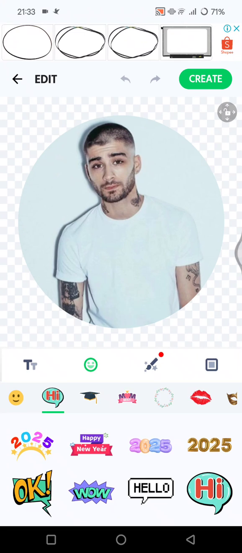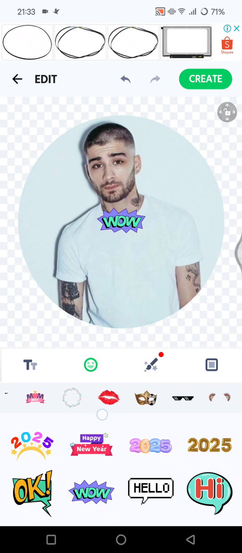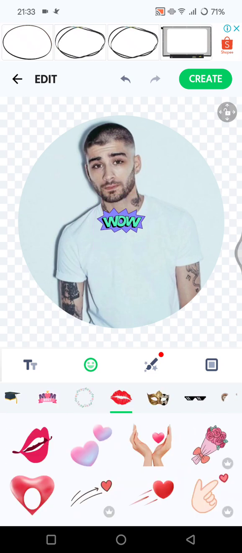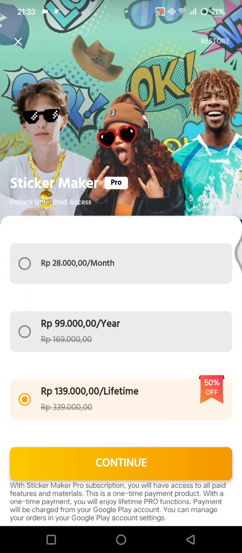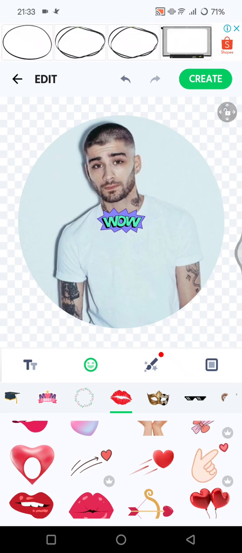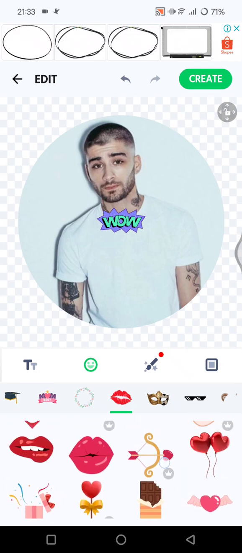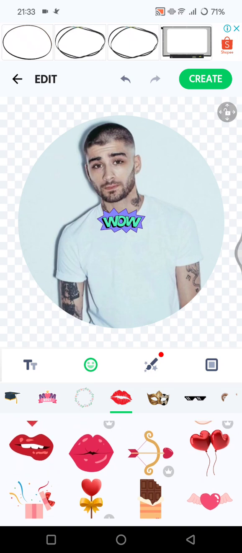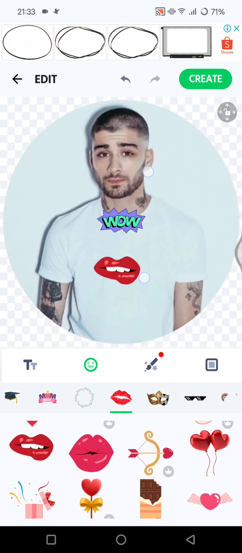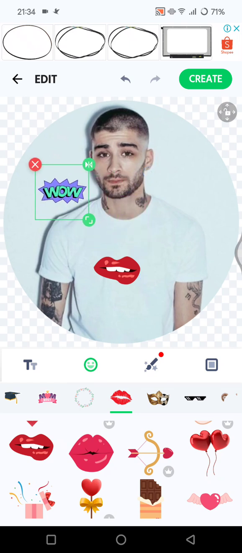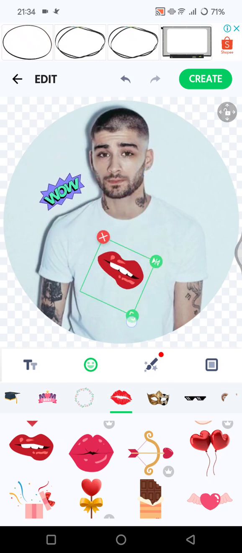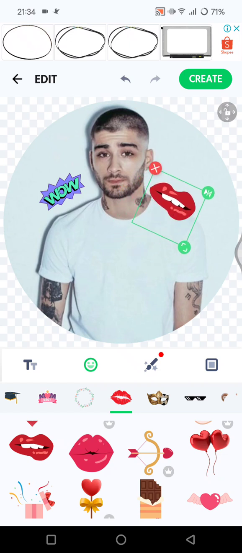and now you can just select the stickers that you want, the tags that you want for the stickers. For example, I'm going to add this. Let's try it again. I'm going to just use this one, I think. You can always adjust the size of the elements just like this, and after that you can tap on create,